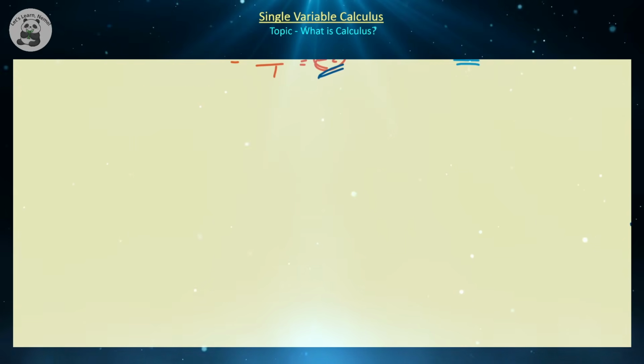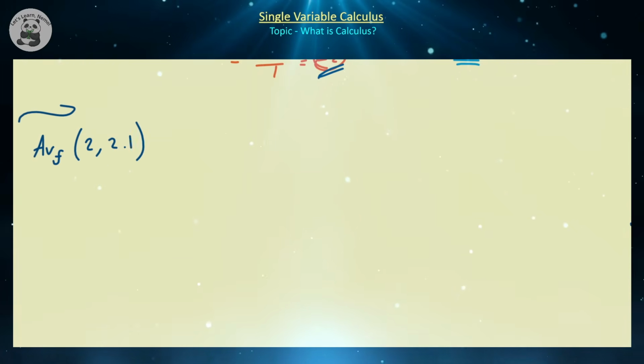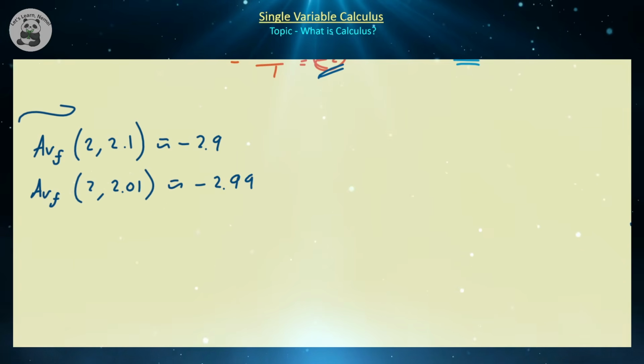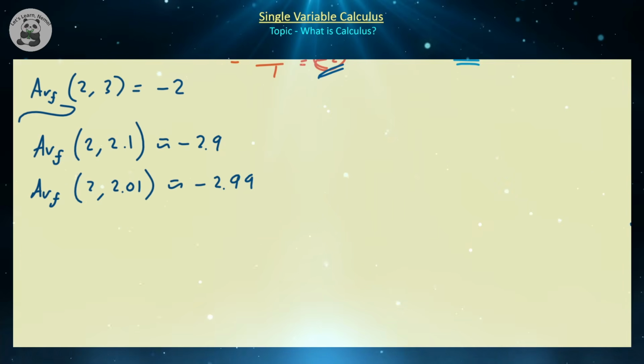So let's get a little bit closer to our domain point of interest. The average rate of change of the function f on the interval 2 and 2.1, one can find to be approximately equal to minus 2.9. The average rate of change of the function on the interval 2 and 2.01 is approximately equal to minus 2.99. And let's actually write the average rate of change on the interval 2 and 3, just to remember where we're coming from. So we're at minus 2, minus 2.9, minus 2.99,